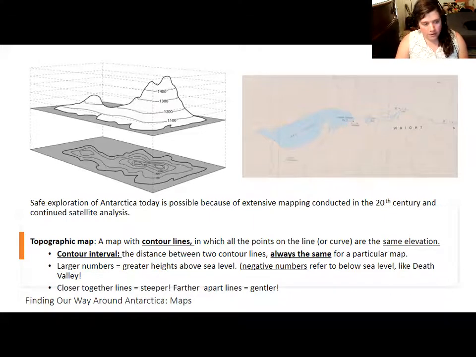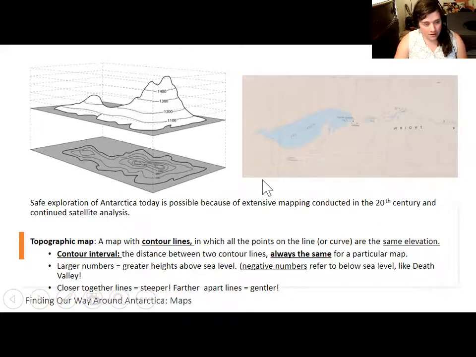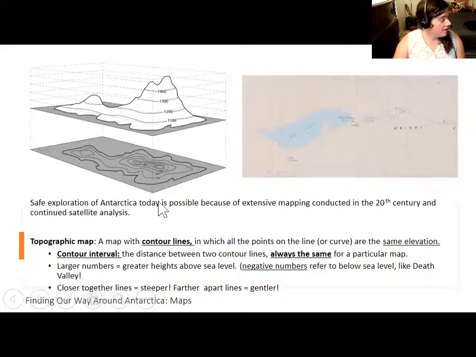So this is one good example of how topographic maps convert 3D information into 2D information. On a topographic map like this, each line is kind of a fancy connect the dots exercise. It is all of the points that have the same height, the same elevation, whether that's, in this example, the highest contour line given is 1,400 feet. And if you squint closely, you'll notice that there is a line labeled with 1,400 feet inside of here. You'll notice that there is one labeled 1,100 feet on the outside.